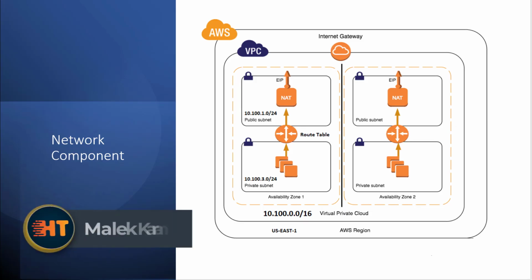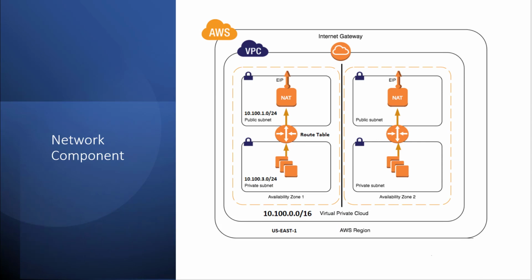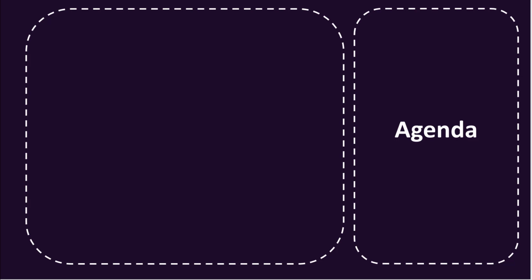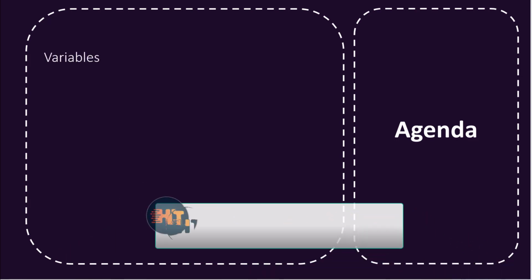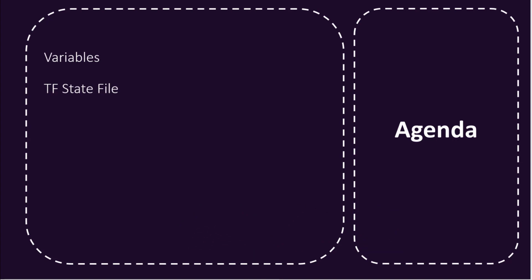In the last two parts of this series, I explained how to create a network component in AWS. It consisted of a VPC, internet gateway, subnets, routing table, NAT gateway, and so on. In this video, I will speak about variables. They will play a key role in Terragrunt configuration, and I will also explain about tfstate files and remote backend, because